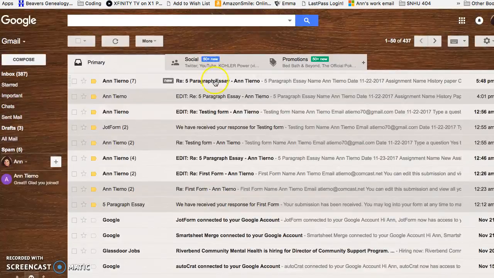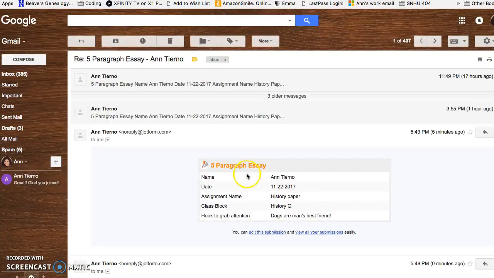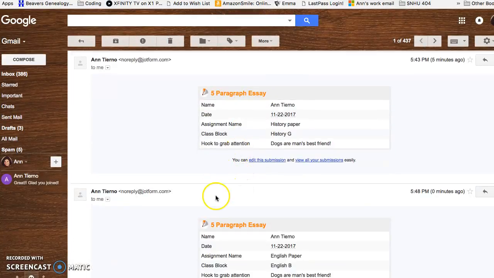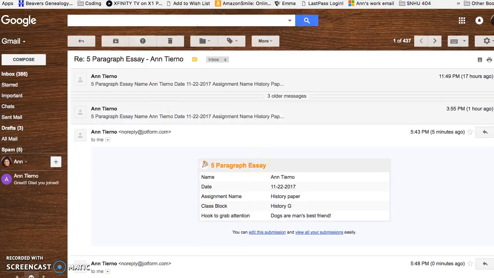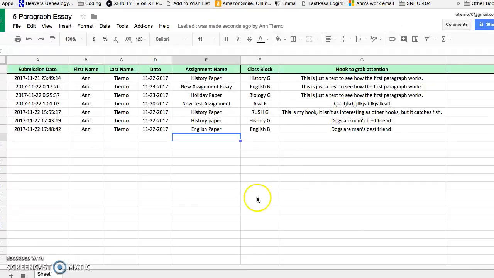So as you can see, here's our information of what we submitted. We didn't put a lot in there besides our hook, but it's there, right? So you'd go over here to your Google Sheet and you say, oh, there's my English paper I just started working on. Great. I'm going to show you now what this would look like if you start to merge it with a Google Doc. So rather than use this one, which isn't going to show you very much, I'm going to go up here and I'm going to give